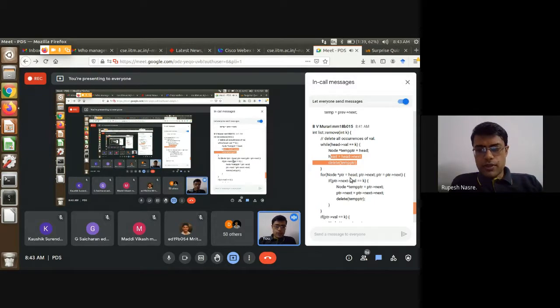Then we go over ptr equal to head, ptr->next, ptr equal to ptr->next. If ptr->next->val equals k, temp ptr, ptr->next->next, and delete temp ptr.